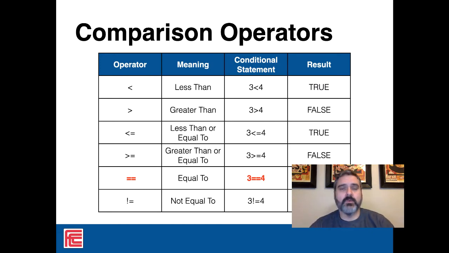Remember, the single equals is an assignment operator. It assigns a value to a variable. Equals equals will compare the two values on the left and right and return true if they happen to be the same value, right? After you evaluate whatever expressions might be on the left and right. Because remember, you can actually have full expressions on either side of these operators. Those expressions will then be compared, and the entire result will end up being